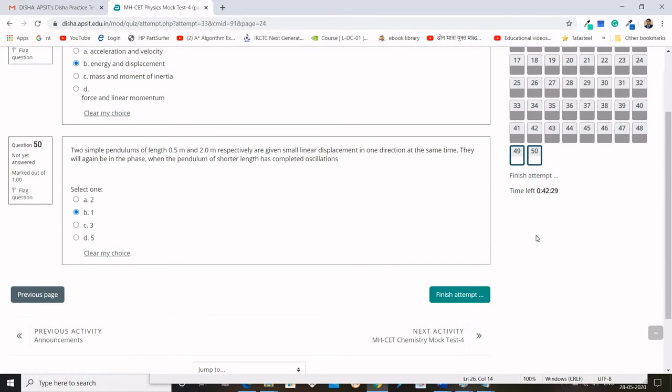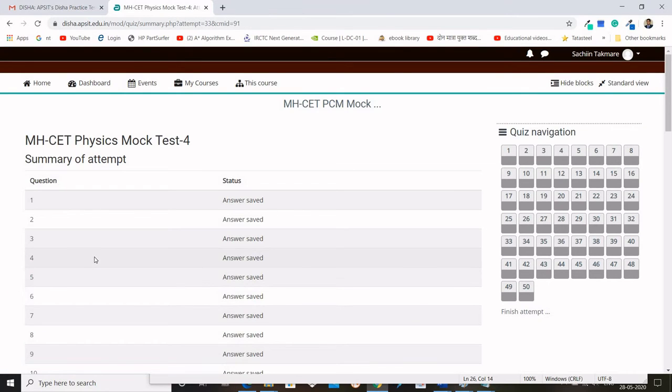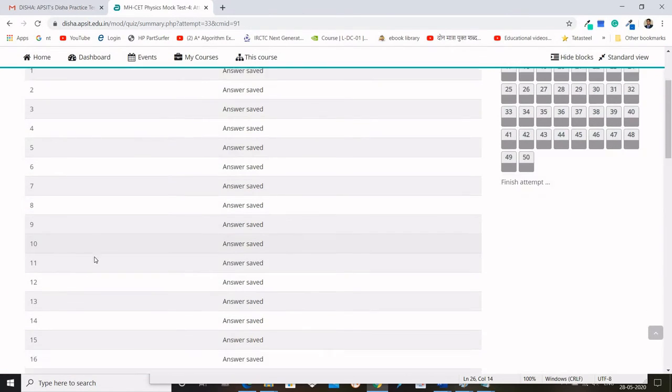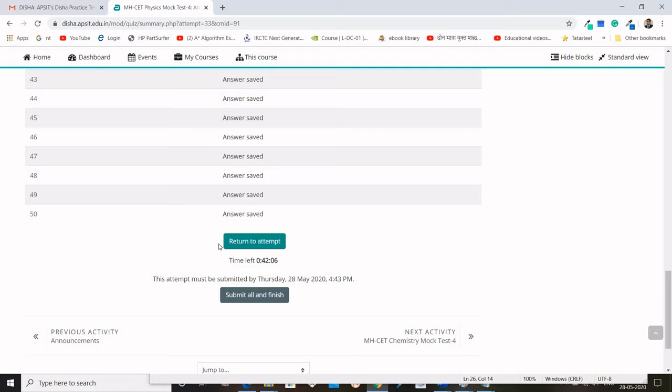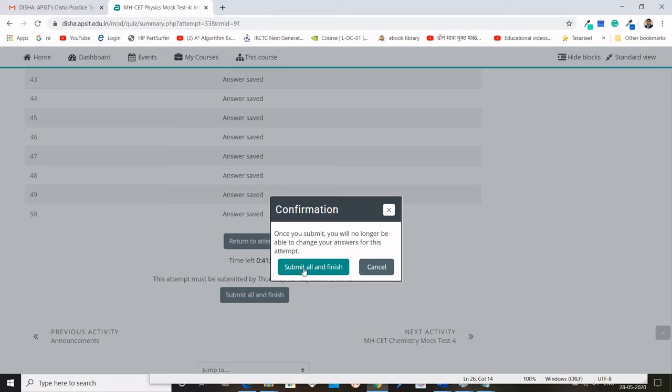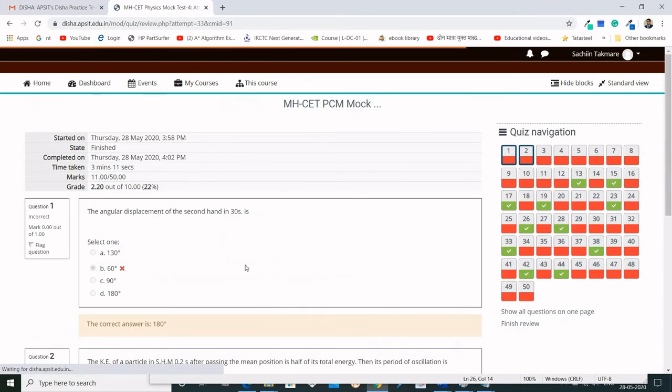So there is a button finish attempt and you can see here time remaining or time left, so you can manage the quiz accordingly. So suppose if I press finish attempt, it will show you a summary of attempt, how many questions I have attempted. So all the questions I have attempted here. So I can return to the attempt also, or submit and finish. Once you submit, you will no longer be able to change your answer for this attempt. Yes. So here I will get my result, time taken, then marks,